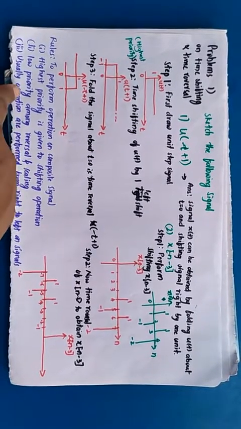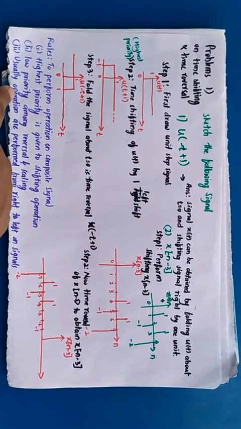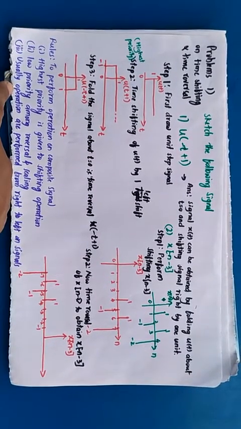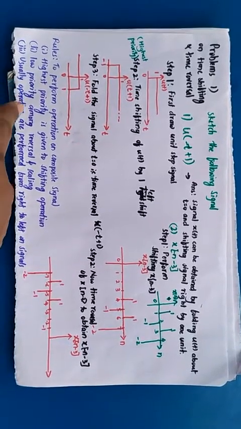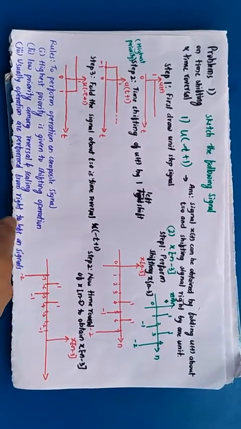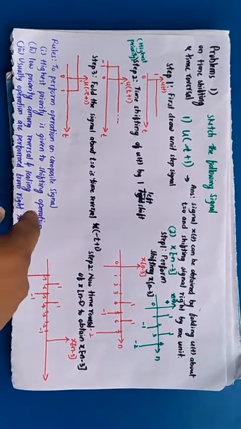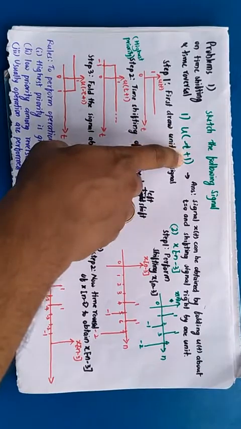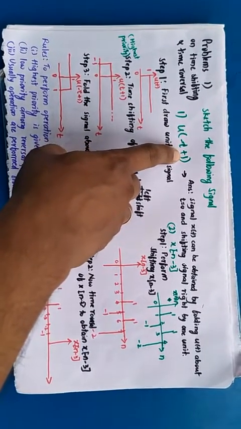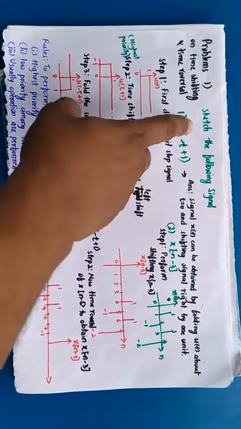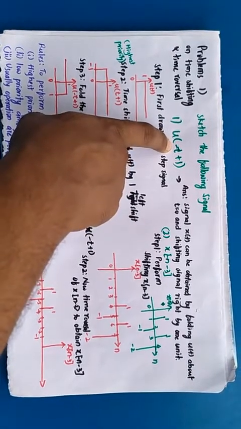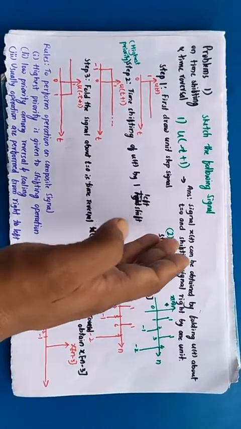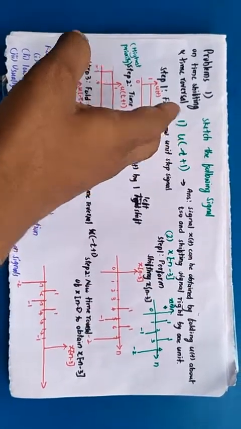Okay, then this point is also important. Usually, whenever we need to perform these different operations on signals, they are performed from right to left on the signal. You can check here: first we handled t plus 1, that is the shifting property, because it is on the right, and then we solved for time reversal, that is the minus here. So whatever operation comes to the right first will be performed first, and then the ones to the left, usually.